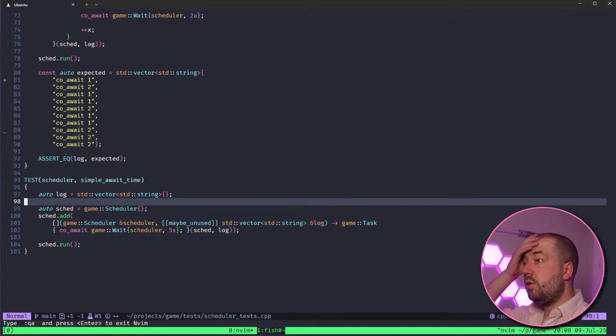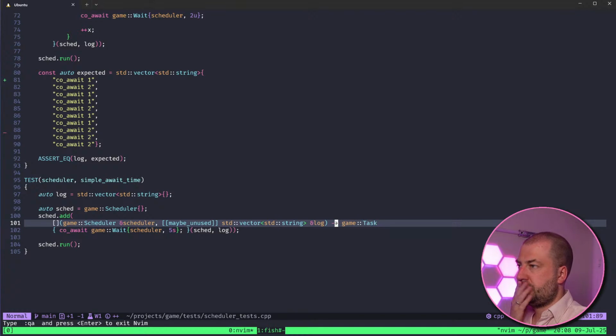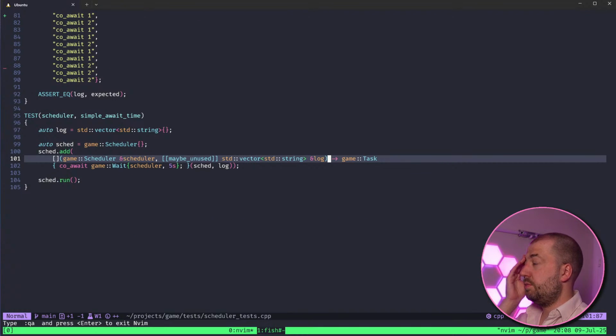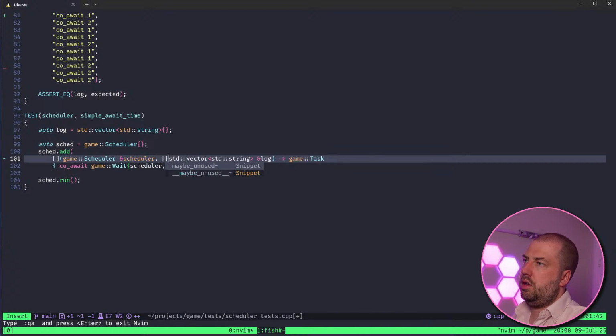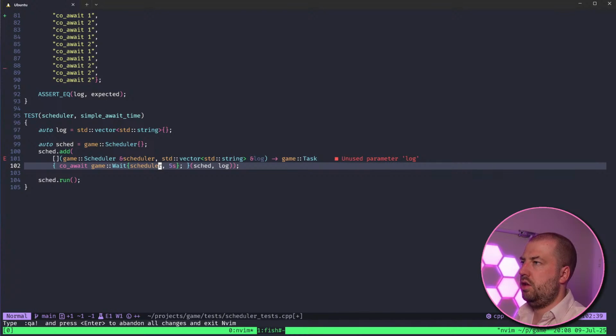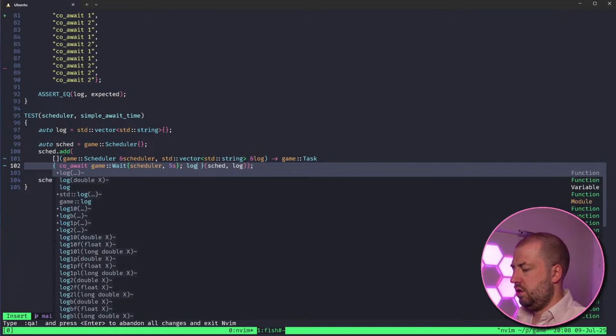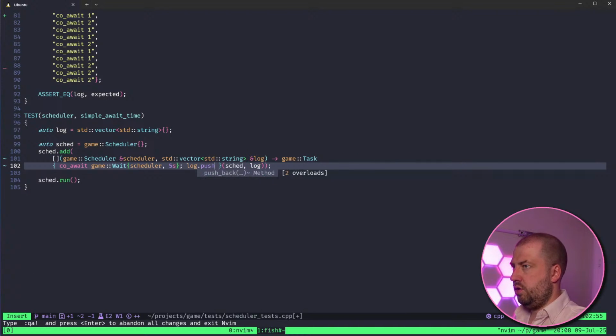So what we need to do now is, what was this test doing? We want to make sure it waits for a certain amount of time. So I think we just do co_await the task, log.push_back.